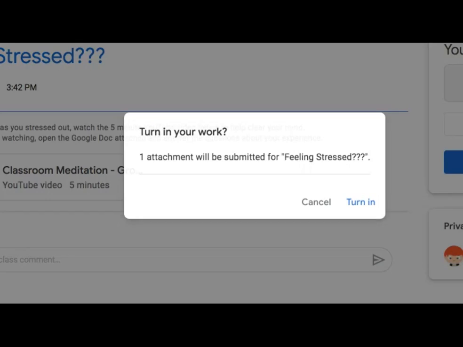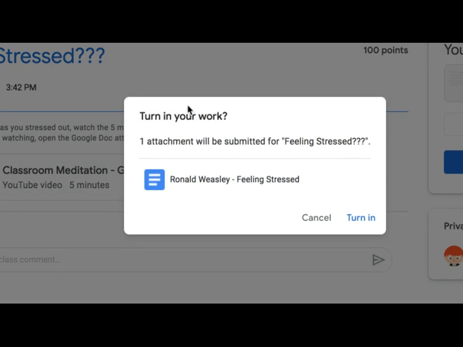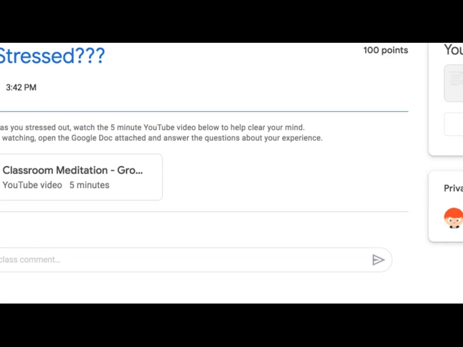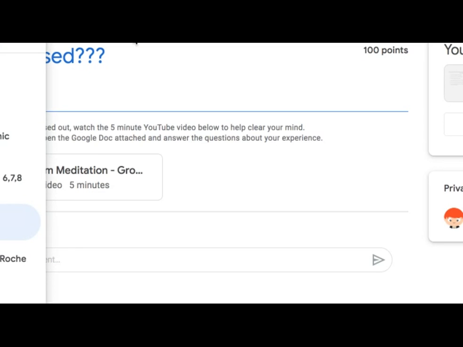And when we get back to the assignment, you will see, are you ready to turn in your work? Here's your attachment. We'll click turn in one more time, and then it will show turned in in this corner here. So the kid is very clear on what they had to do. Watch a video, click this link, turn it in, and right away they see that it was turned in. However, when they look at